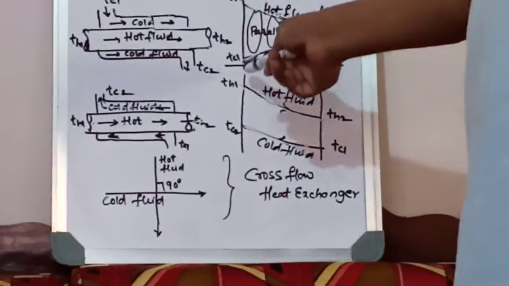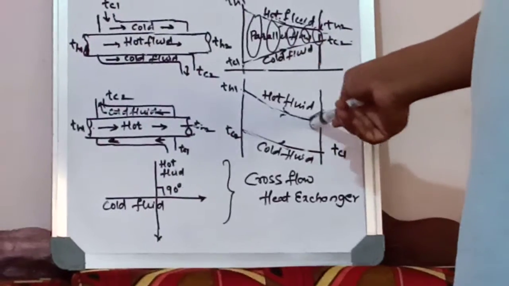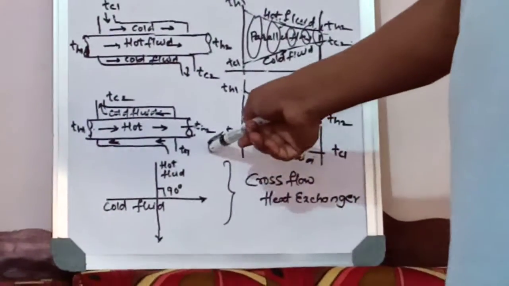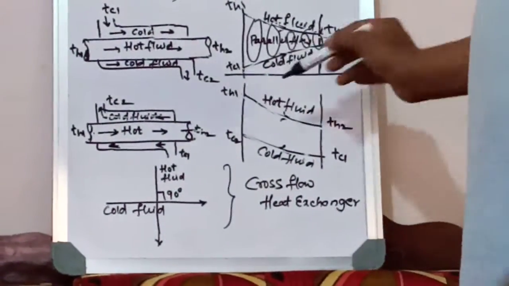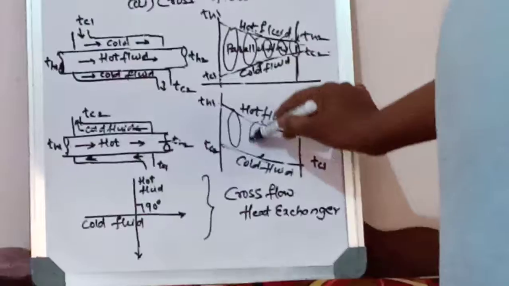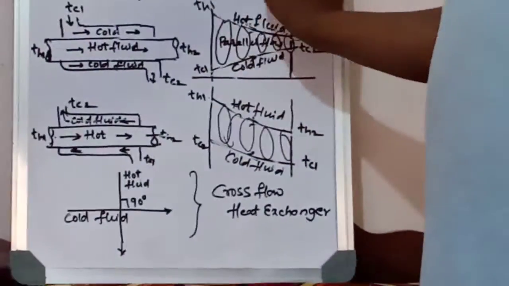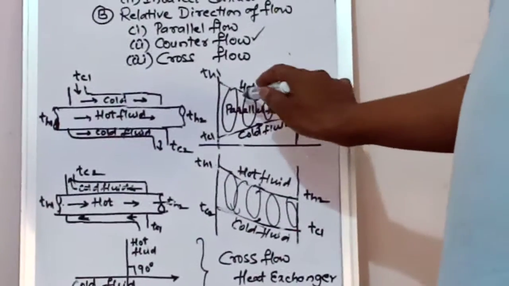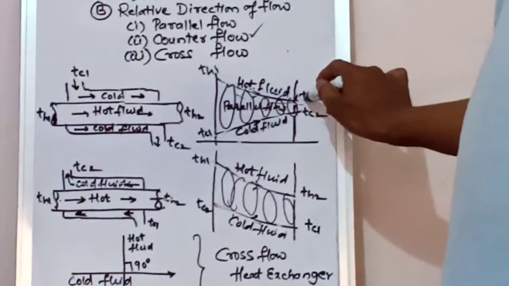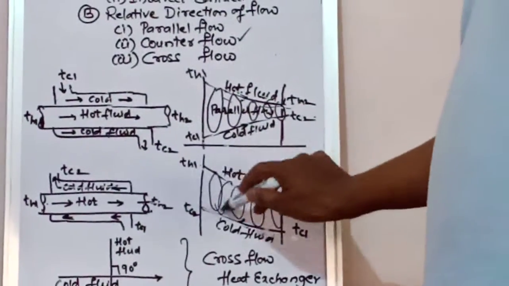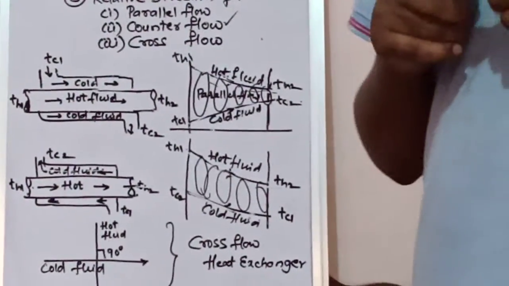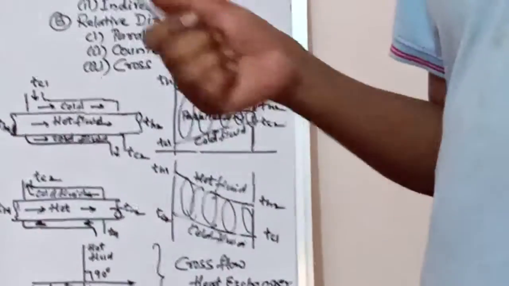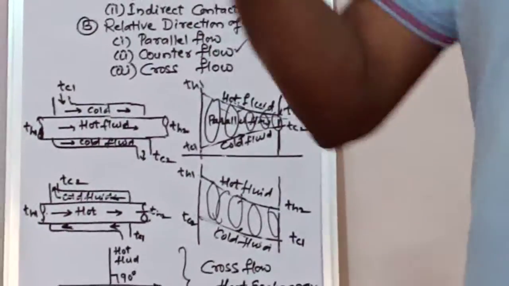But you can see hot fluid direction is in the forward direction, cold fluid is in the opposite direction. They are flowing opposite to each other. So here you can see almost everywhere the temperature difference remains almost the same. And because of that, there is better heat transfer in this counter flow. When you see the parallel flow, you can see a decrease in the temperature difference. Here, a good temperature difference is maintained. Why is it important? Because if the temperature difference is there, then there is good heat transfer. Temperature difference decreasing means heat transfer rate also decreases.